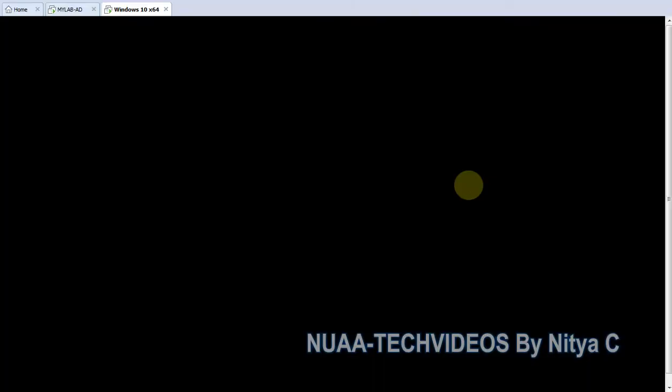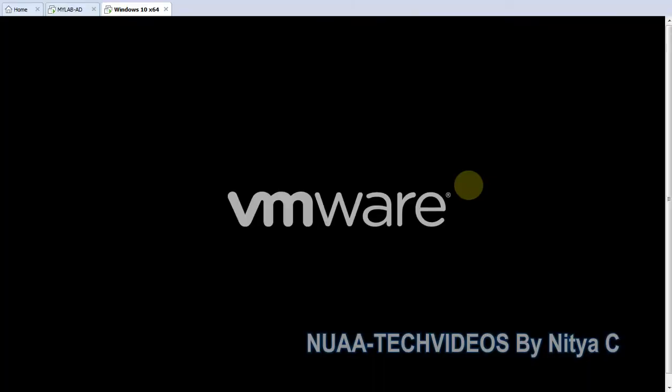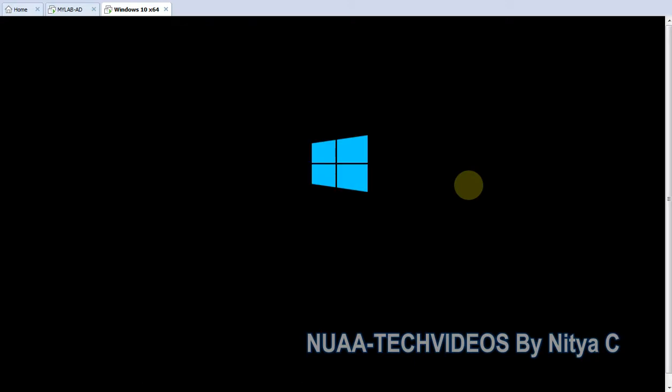Okay, now it got started. It took almost 1.5 minutes, but in some other cases the machine can take longer than 10 minutes or an infinite time.